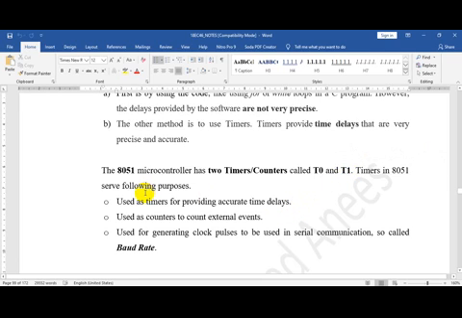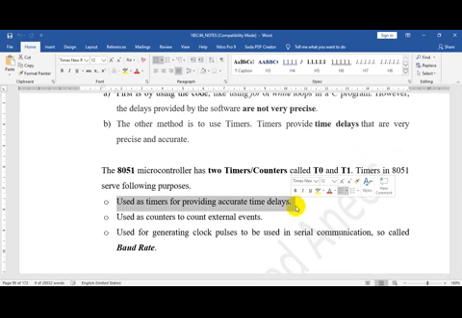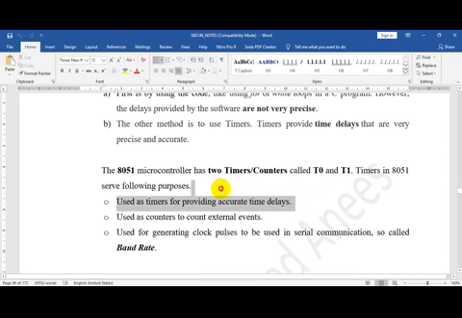First purpose is to generate accurate time delays. This we have already done using software delays, but now we will see how to generate delays using timers. This is in the syllabus. You will be studying about this.